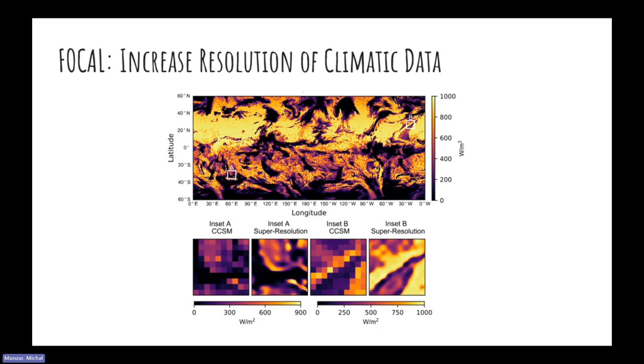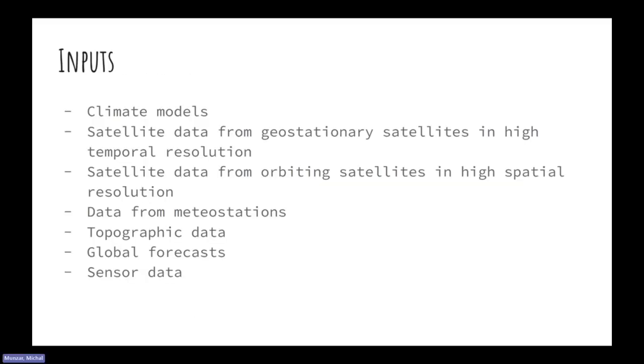Right? It doesn't have to be temperature. In most cases it's temperature, but it can also be wind. It can also be moisture, and so on and so forth. For such a task, we need and we use diverse sources of data. First of all, we use climate models, that are mainly used for, let's say, classical weather forecasting. And we leverage satellite data a lot. And in this case, we have to think about